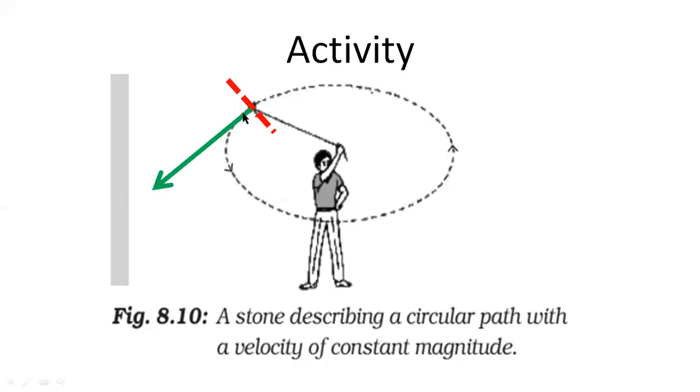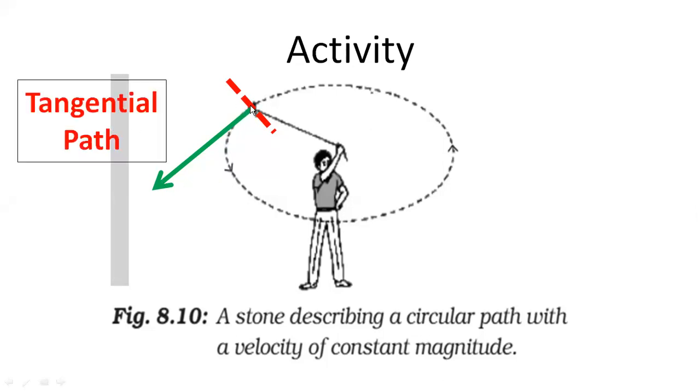And what does this path look like? See, this is a circle, right? And if I am taking a line which intersects our circle at exactly one point, that we call tangent, ठीक है. There are two things, one is called tangent, one is called secant. In mathematics in circles, if you remember, there are two words, secant and tangent. Tangent is nothing but a line which intersects a circle at one point. एक point पे अगर intersect करती है कोई line, it is called tangent. And here you can see that the line is intersecting the circle only at one point, so that is called tangent. तो ये path कैसा हो गया? This is a tangential path.